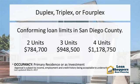This means the maximum purchase price is $923,176, and your down payment will need to be $138,476. Again, $138,400. The maximum conventional loan amount for a 3 to 4 unit is